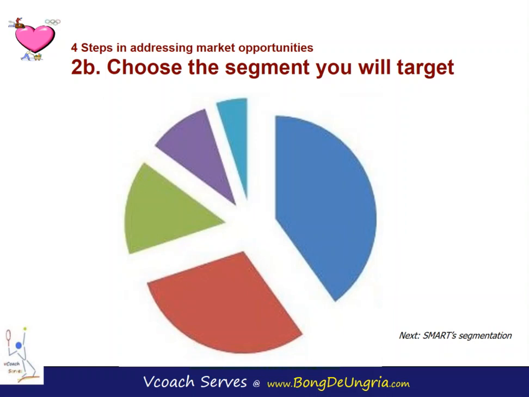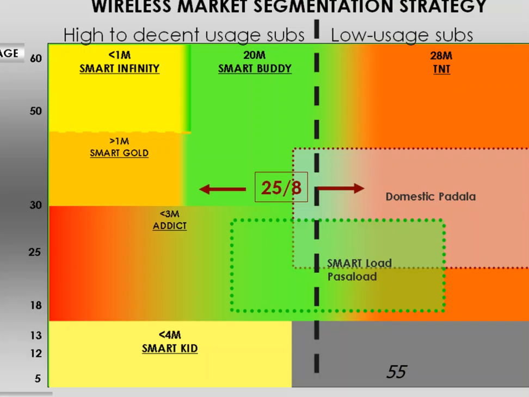In one of the previous talks presented by Smart at the Ateneo, they shared their wireless market segmentation strategy. At the bottom is the SEC class A, B, C1, C2, D, and E. And on the vertical is the age. The portion on the left is AB, the portion on the right is class E. And during this presentation, we can easily see that Smart Kid, their offering, is for this age up to class